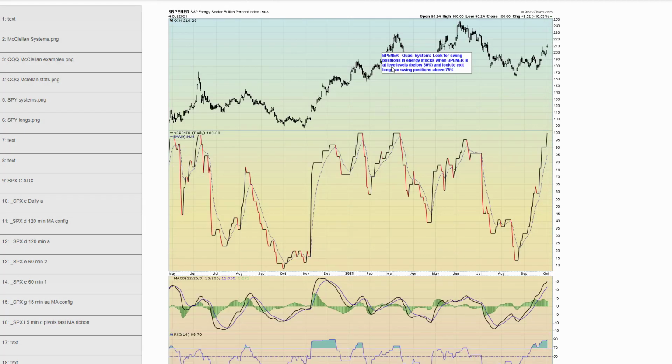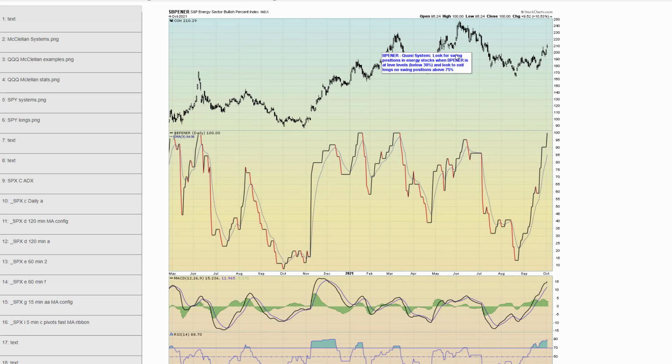Next. Chapter 46, the BPENER, that's the bullish percent energy index, went to 100% today. Now, that doesn't mean the sector sells off, but it is a bit of a contrarian indicator. What that means is that 100% of the stock components in the XLE Energy are on point and figure buy signals. So think about it contrarian. When everything is on a buy signal, it's time to be a little cautious. So, when it's down here oversold, that's time to look for buys. So it's clearly in extended territory.